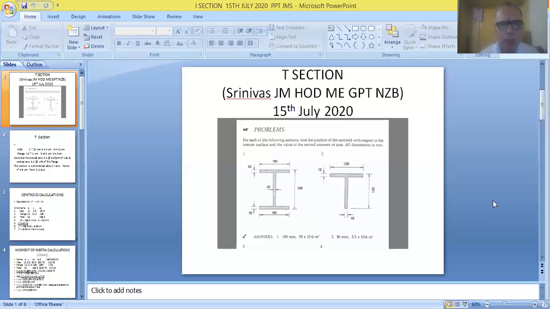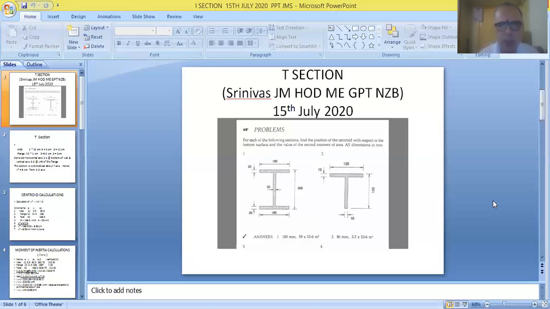So one flange fitted at the top of the web is called the top flange, and another flange fitted at the bottom of the web is called the bottom flange. So it consists of two flanges. And finally, this is made in the form of a letter I section. Naturally it's made in the form of a letter I, so simply it is called an I section.